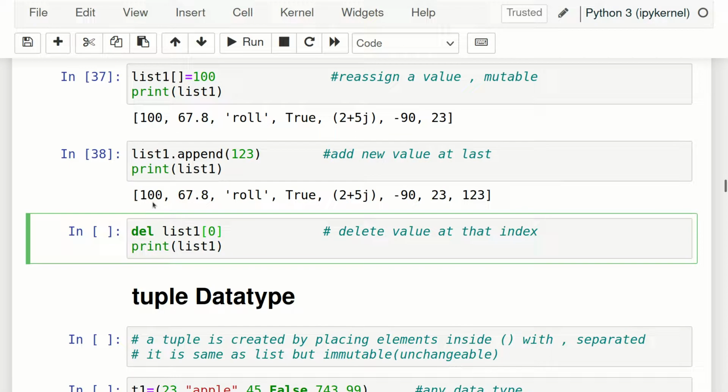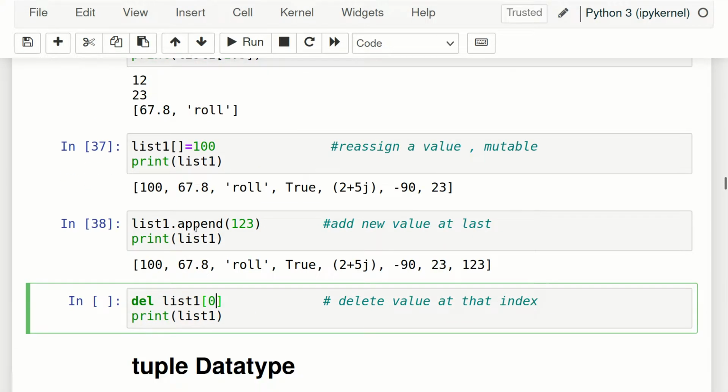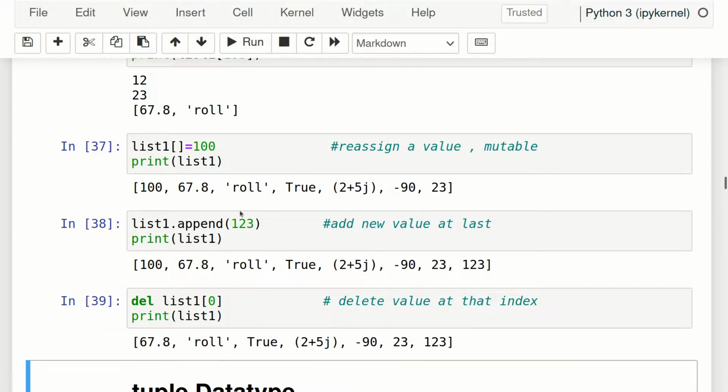You might say 12 was there initially, but we changed the value. So now at index 0 the value is 100. So del list1 0 will delete the value at the 0th index. Let's see. Yeah, now the list starts from 67.8, 100 is no more here. So this was about delete.